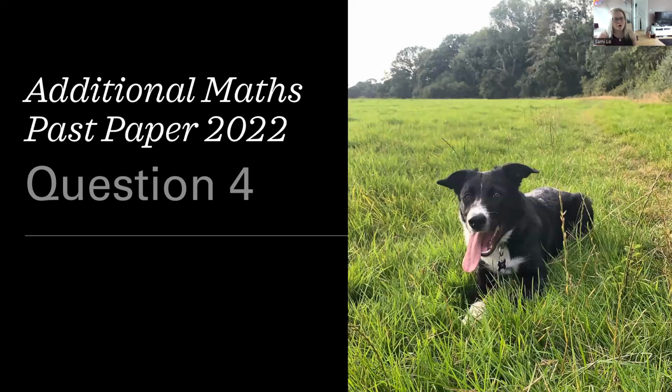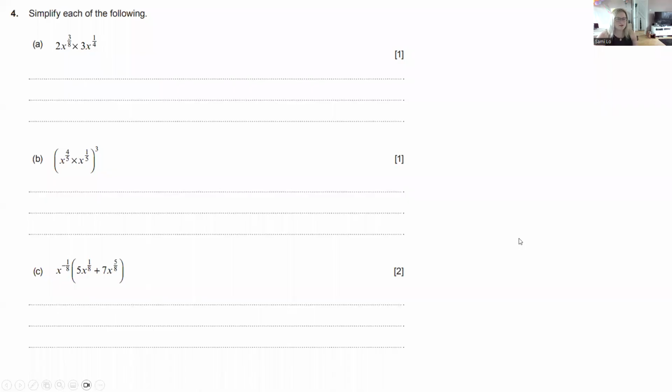On to question 4 of the additional maths paper 2022. Okay, so this question we have some indices. So let's just go back through the basic rules of indices. We times the coefficients, and where the indices, as long as they've got the same variables, we can then add them. So we've got 2 times 3, which gives us 6x, and we're doing 3 to the 8 plus 1